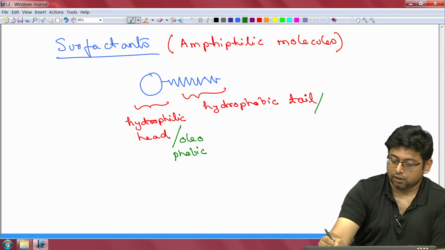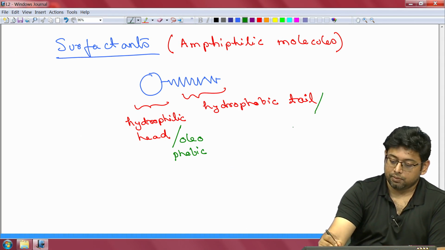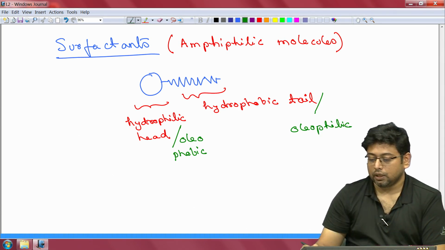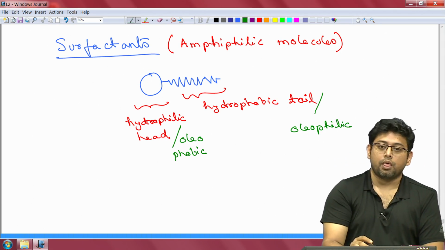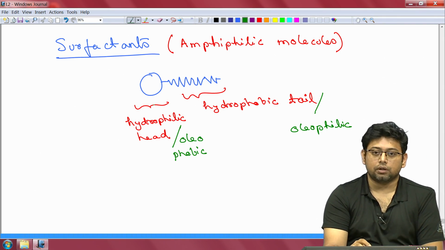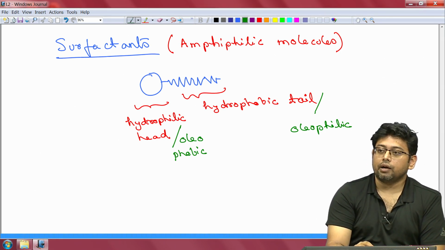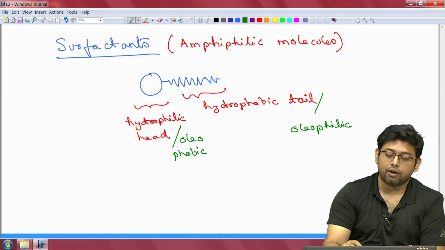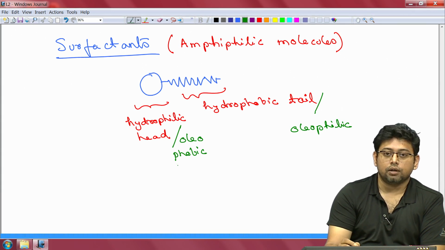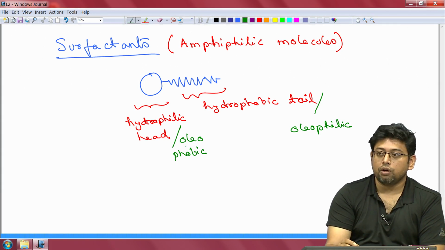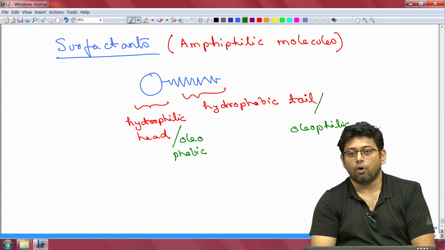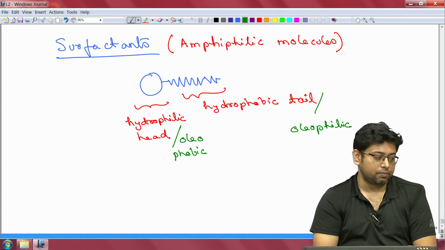And vice versa. So, the hydrophobic tail becomes oleophilic, and oleo here means oil. So, basically this part, the hydrophilic head. Why do we call it hydrophilic? Because it loves water. When you put it in water, this part will have a tendency to dissolve, whereas the hydrophobic tail would not have a tendency to do that. So, the hydrophilic head is also oleophobic. If you put it in oil, this attitude of the molecule towards the solvent flips.